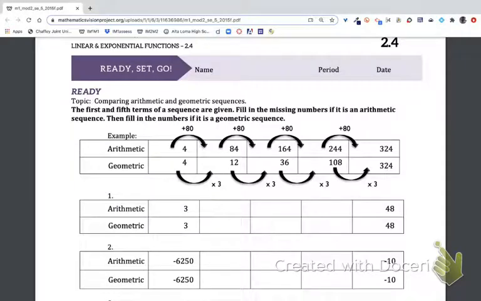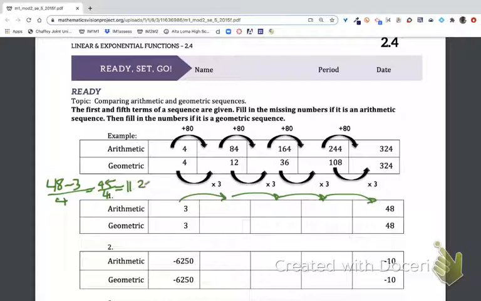For the ready portion of lesson 2.4, we are looking at arithmetic and geometric sequences. For number 1, we are starting at 48 and ending at 3, and we're making 1, 2, 3, 4 jumps. I know it's going to be a decimal, but we'll end up with 11.25 as the number that it takes for us to jump each step of the way. So adding 11.25